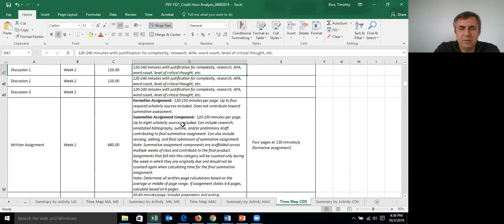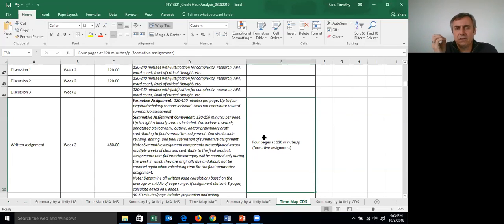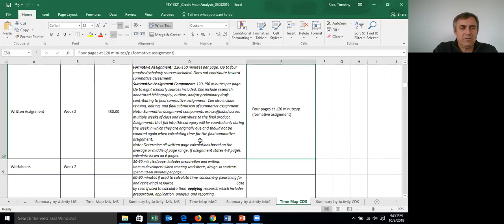And then what we made sure of, and it's really important to do this, is to be as concise and specific as possible on what kind of assignment it is. In this case, in week 2, it was a formative assignment. So as you can see, it's written there. You do not want the person or persons that might be reading this to be confused. It's important to have all the information you could possibly have. As we move down here,